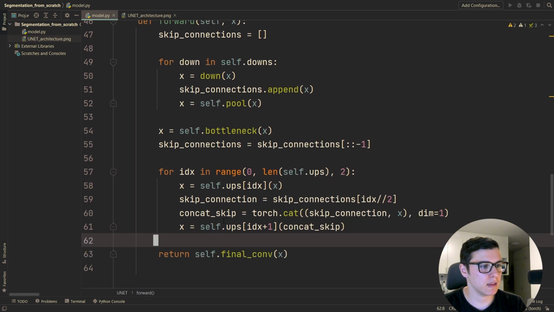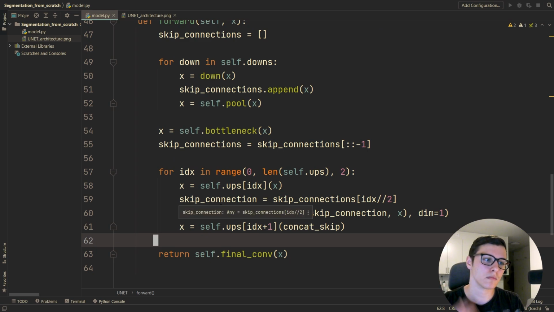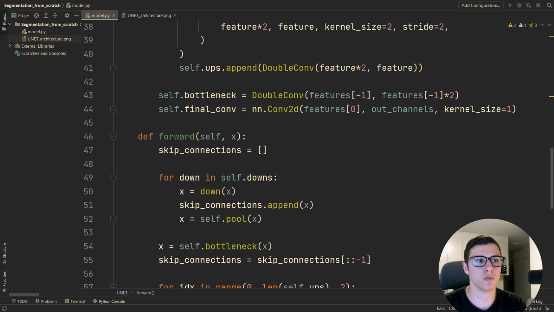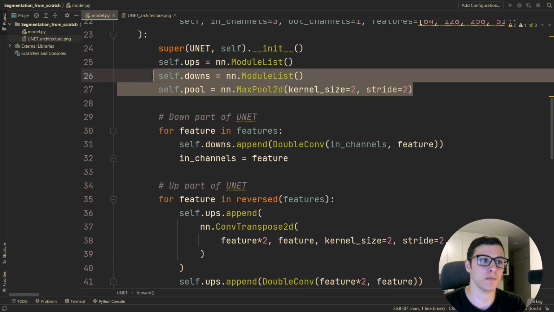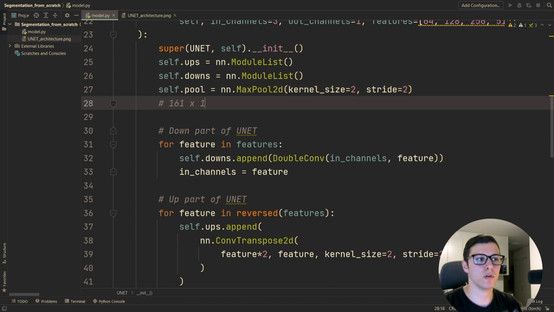So I think we're done, but one improvement we could make here is, let's say you're not inputting something that is perfectly divisible by 2 at every step, right? That's what is going to happen for this self.pooling layer. So to give a concrete example, let's say we input 161 by 161. What's going to happen here is that the max pool is going to take this into an 80 by 80. So it's going to floor the division by 2. But so we have 80 by 80, and